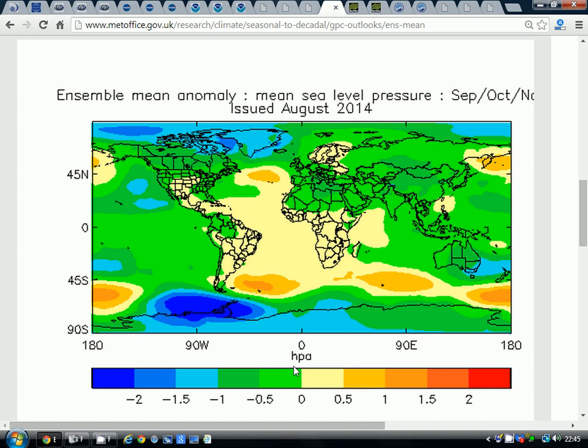Can we look at our very own model, the UK Met Office, next. These are the sea level pressure anomalies for the autumn, September, October, November. We're seeing a ridge of high pressure around the Azores, low pressure around Greenland. This is a classic westerly scenario. The jet stream is coming through, something like that, and then maybe diving southwards a little bit there, because there could be a bit of a ridge up over Scandinavia. But overall, that's a mild signal for the autumn. It's also a westerly signal. Could be strong westerlies coming in at times, so you would expect above average rainfall.